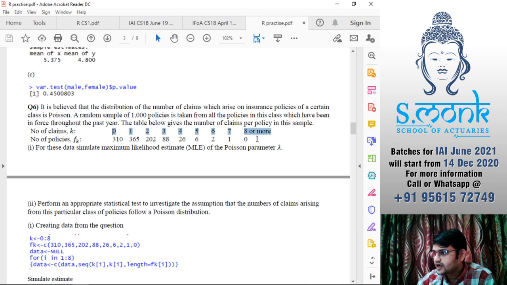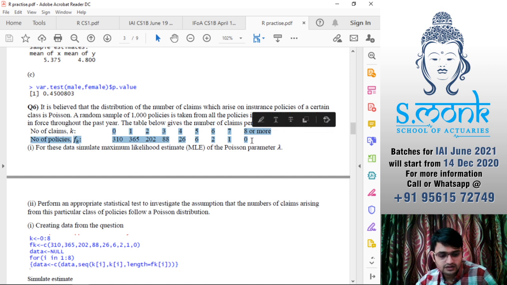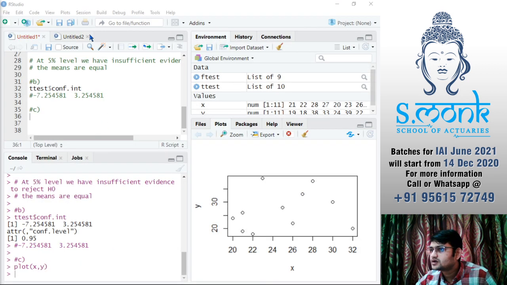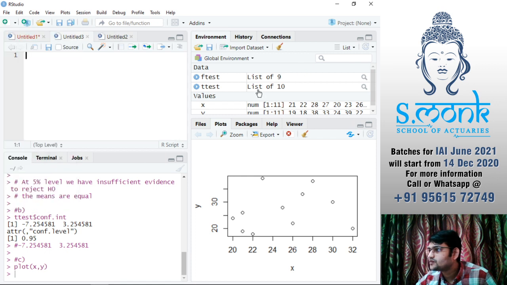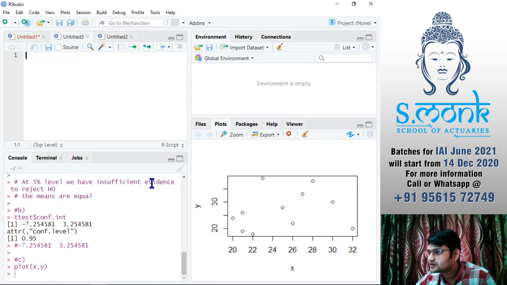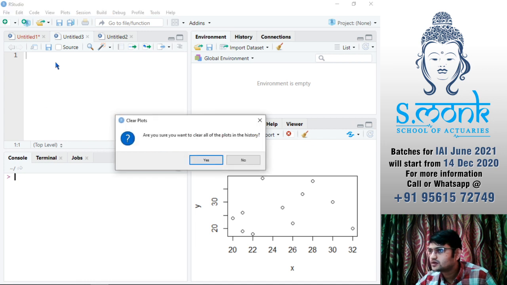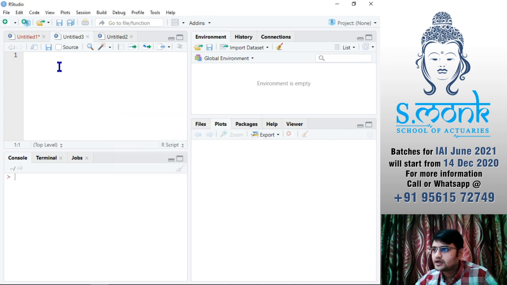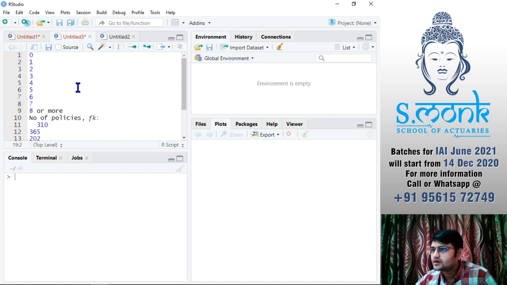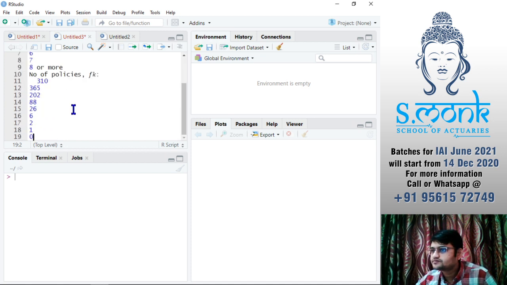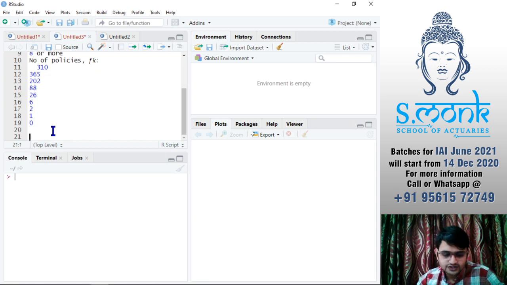Okay, so for that I'll just take this. See, we have 0 to 8 or more, but for 8 we had 0 frequency, so I'll take only up to 7. So I'll say k is my variable, a sequence from 0 to 7.